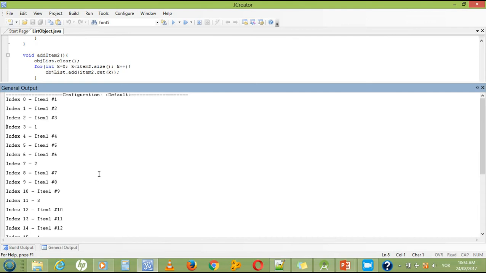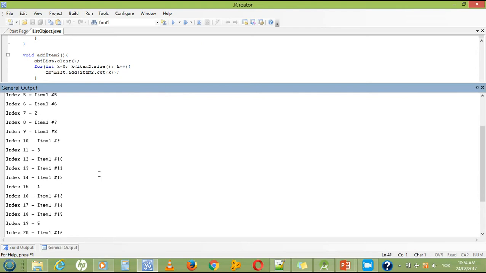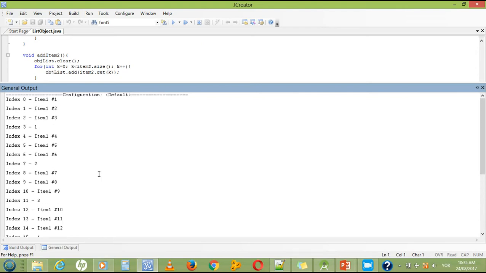After the 3rd position, I have item 2, and so on. So this will take us to the concept of adding 2 data types to a list object. That is, we might have our contact items here, then our native ad item here, and so on. So let's go back to